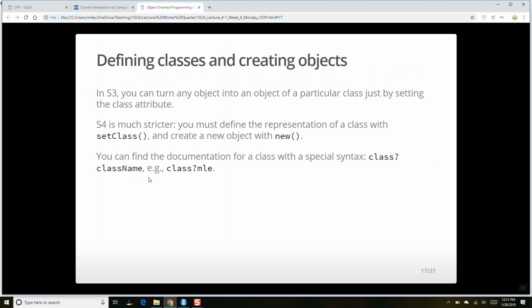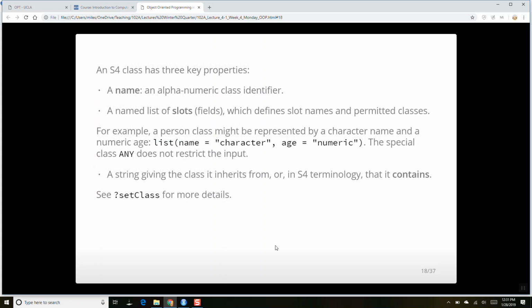And then for defining classes, we use this function called setClass, and it will have a method called new. So when you create an S4 formal class, this is how it's going to work. You're going to have a name, and then it's going to have slots, which are basically like things in a list, except because it's an S4 thing, we don't call it a list.